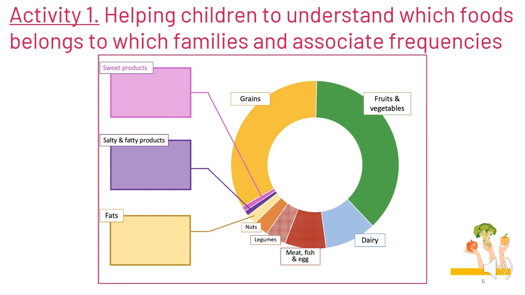they should be eaten. As part of this activity, you can show the children, using a food balance wheel, what is the share of each food family within a week. Fruits and vegetables, grains, dairy, meat, etc. The visualization and the game will help them better understand these very theoretical recommendations. You can explain to them that sweet, salty, and fatty products are treats and can be consumed in small quantities over a day or week compared to the other families. We look forward to seeing you in the video for Activity 1 to explain how to run this activity.